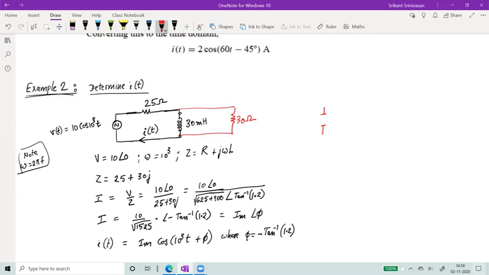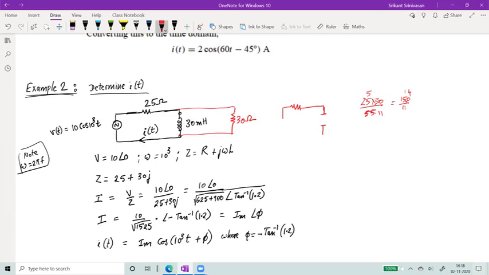Okay. So what is 25 in parallel with 30? 25 into 30 by 25 plus 30, which is 55. Okay. And that's 150 over 11. So let's say about 14 ohms is there. So then I would say that there is a 14 ohm resistor and that is in series with the voltage source. What is the value of the voltage?